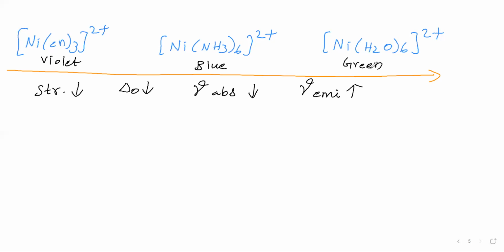EDTA is a ligand that forms complexes with calcium and magnesium. So take EDTA in the burette, and take the water for which we want to measure hardness, the groundwater, in the conical flask, and go for titration. EDTA makes a complex with the calcium ion and magnesium ion. So using the endpoint, we can measure the hardness of water. So coordination compound is used for measuring hardness of water. Next.